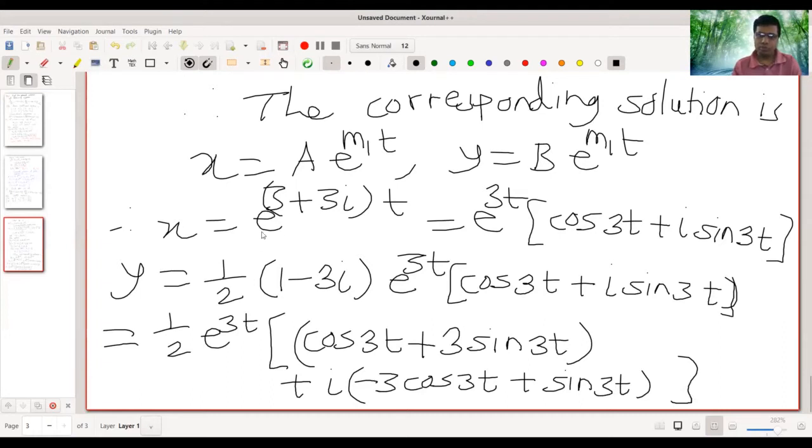Okay, so in both the cases, we get real and imaginary parts. We discussed in theory that when we have complex roots, then our solution is also a complex function. What we have to do, we have to consider the real part of the solution and the imaginary part of the solution. Both these are also solutions of the given system of differential equations. And these are linearly independent solutions. Okay, so the general solution will be C1 into real part plus C2 into imaginary part. C1 and C2 are arbitrary constants.